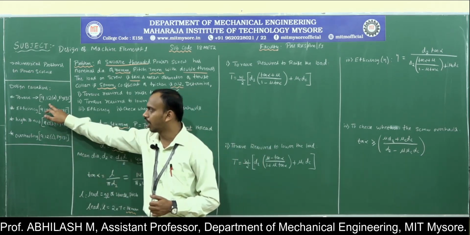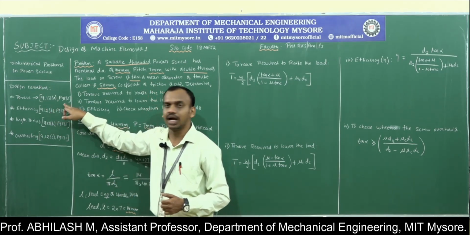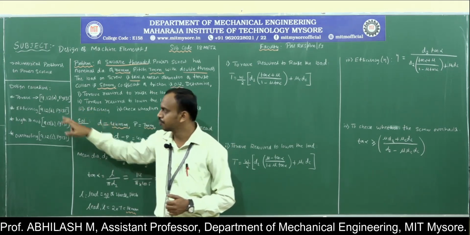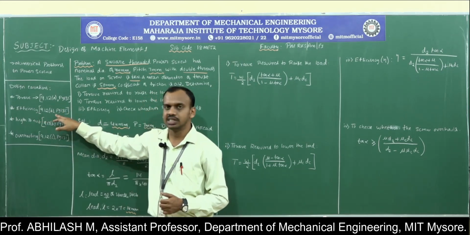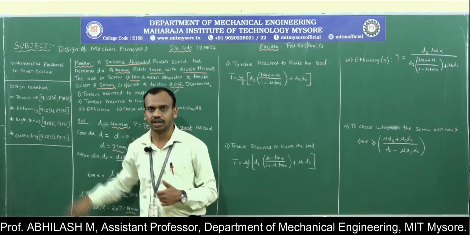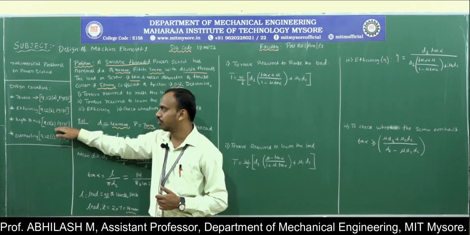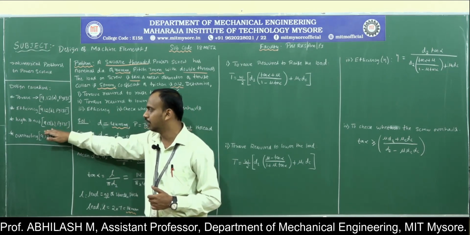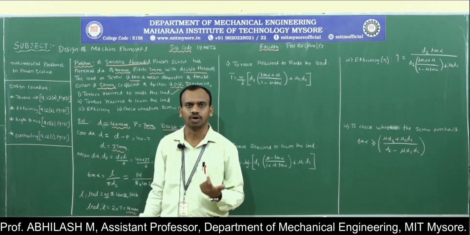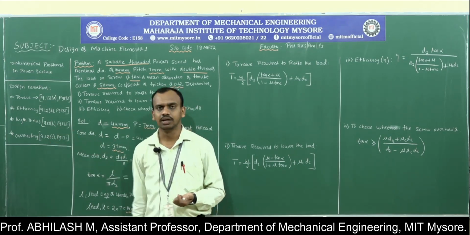For example, for torque, whether it is to raise or to lower, we have the equation 9.12a under page number 135. We are making use of the K. Madhavan and Balvi data handbook. Similarly, we have efficiency, which is equation 9.12b under page number 135. The length of the nut, which they have not asked in this problem, is generally available on page number 135 under 9.13b. Similarly, we have an overhauling equation in order to check whether the screw self-locks or overhauls. It is also available on page number 135 in the data handbook.